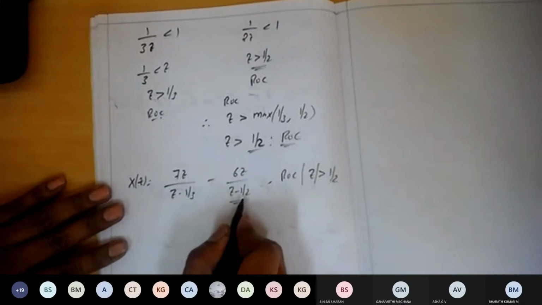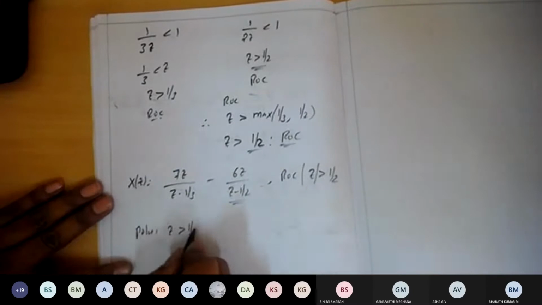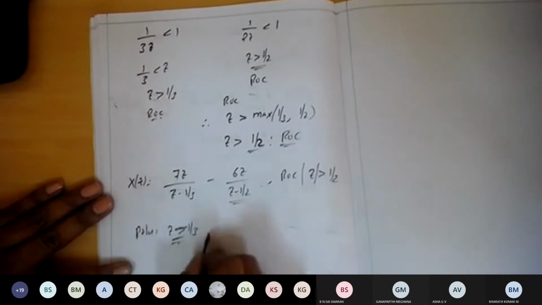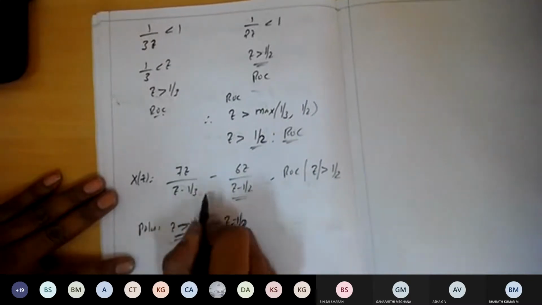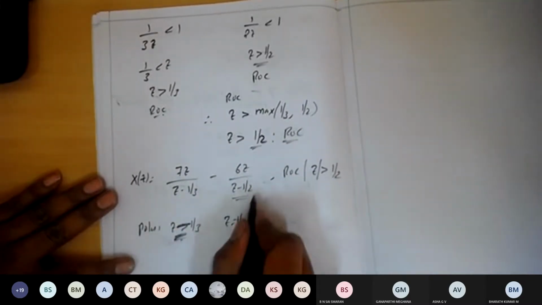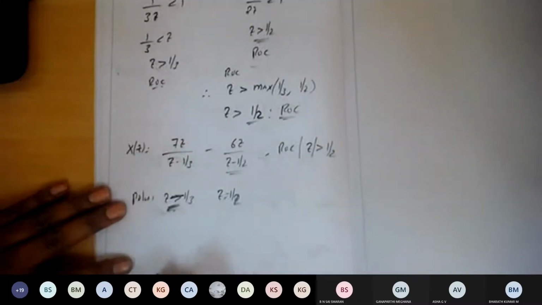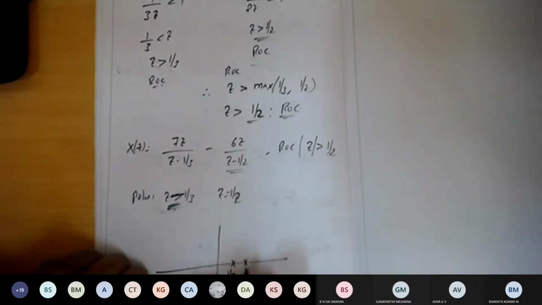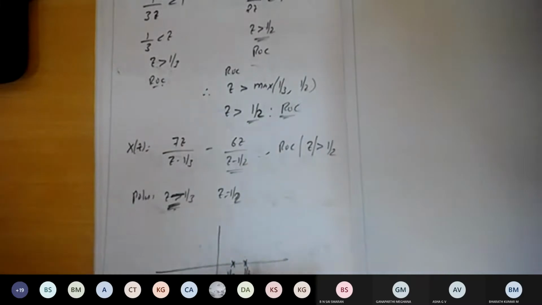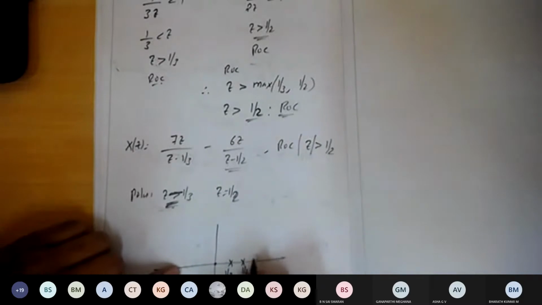And the location of poles, let us find out the location of poles here. At z equal to 1/3, one pole is there, and at z equal to 1/2, the other pole is there. So z minus 1/3 equate to 0, and z minus 1/2 equate to 0, so that we get the two poles at z equal to 1/3 and 1/2. So let us plot the ROC. This is 1/3 is the limit, 0.33, and 1/2 is the limit, 0.5. There are two poles located, and a zero is located at the origin. The ROC is going to lie outside 1/2. So this is the ROC.